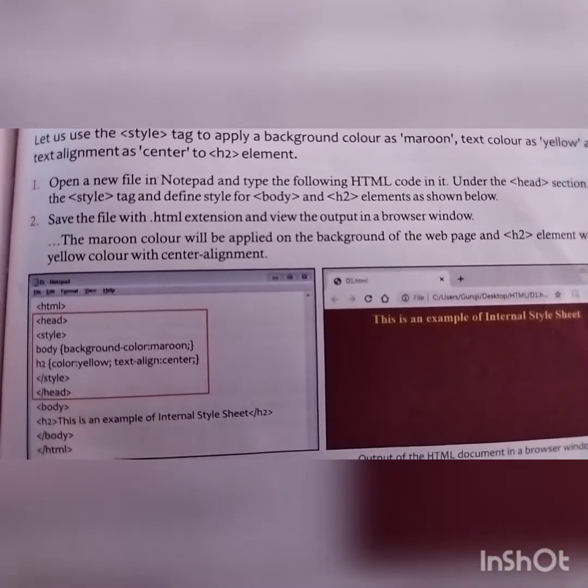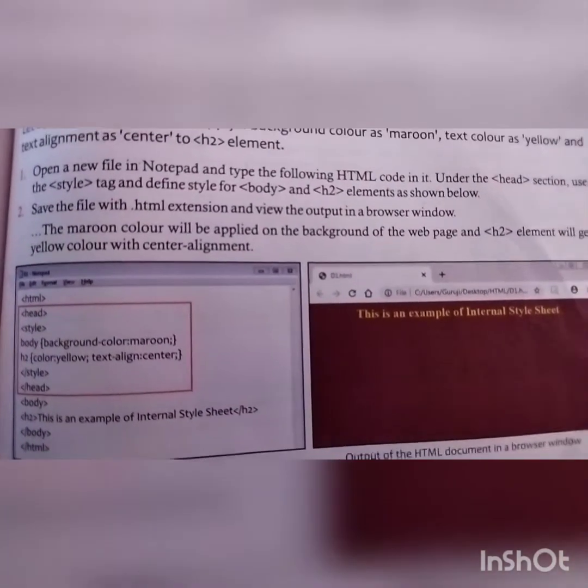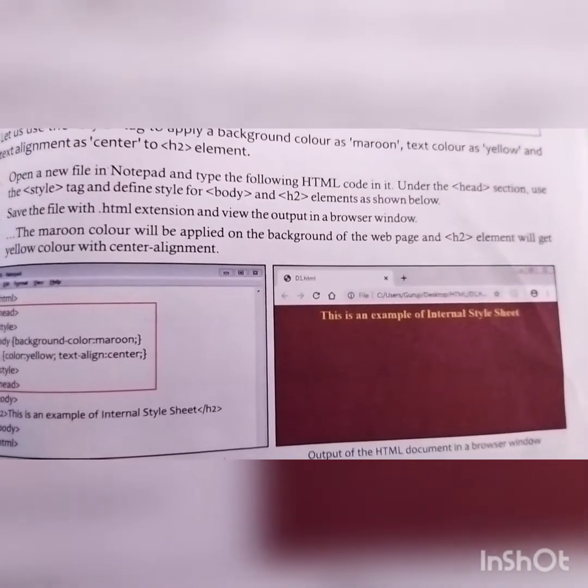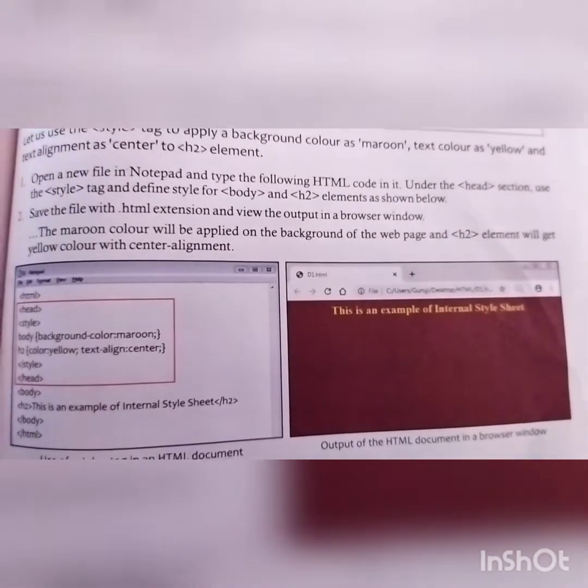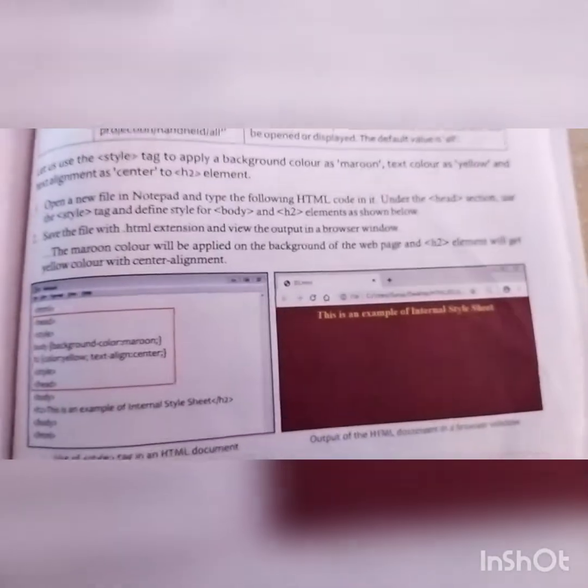Then close the H2 tag, close the body, and finally close the HTML. Now see the output. This is an example of internal style sheet in your CSS part.